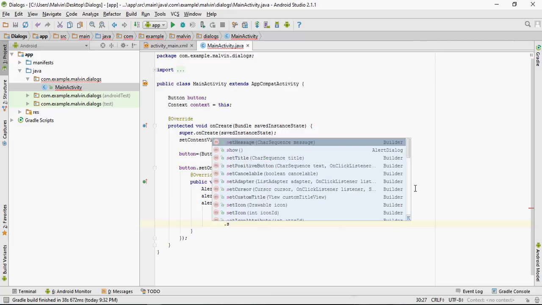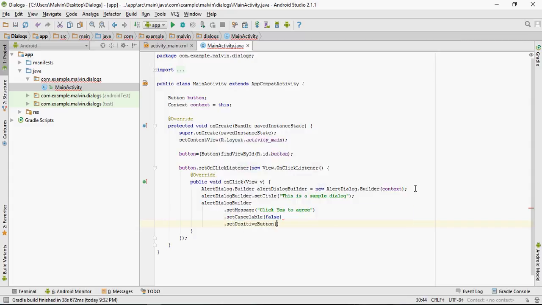So the positive one, the set positive button. So make it yes. We can see the yes button represents the positive button.